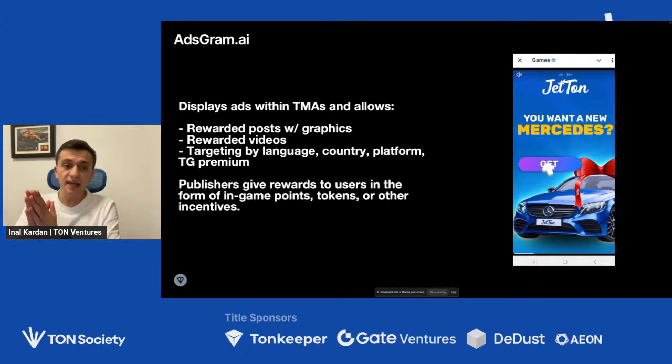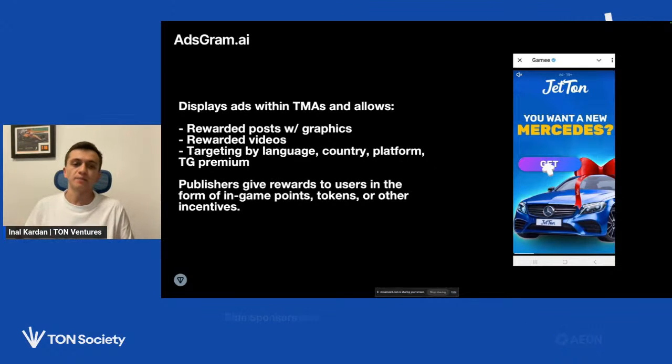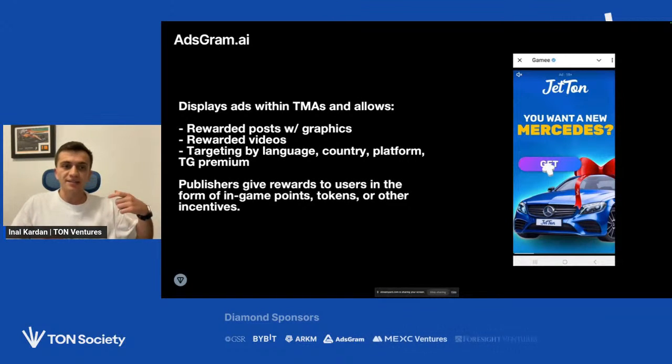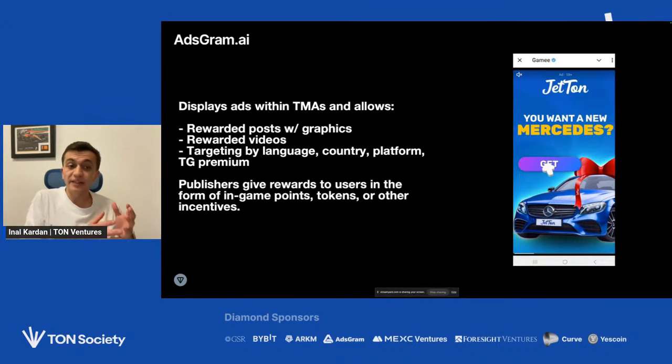But the idea is that this is very similar to how other ad networks work, for example, for mobile apps. Users can see a full-screen video or a screenshot of a post that you want to show them. And you can integrate it, for example, into your game.